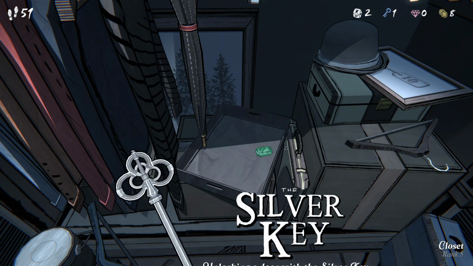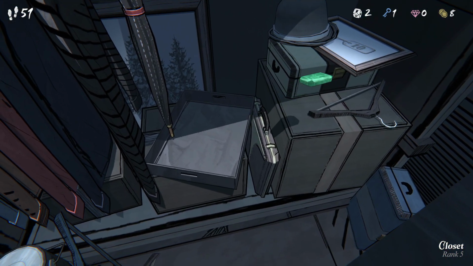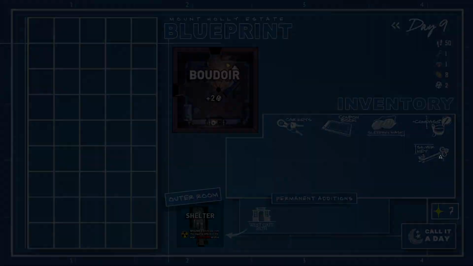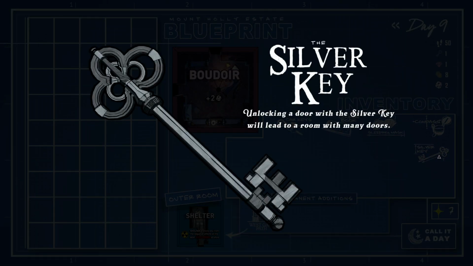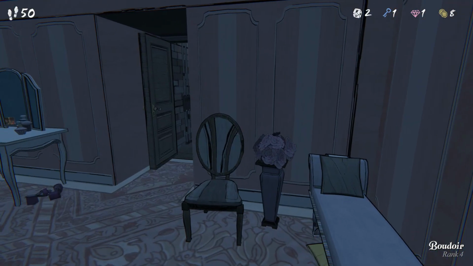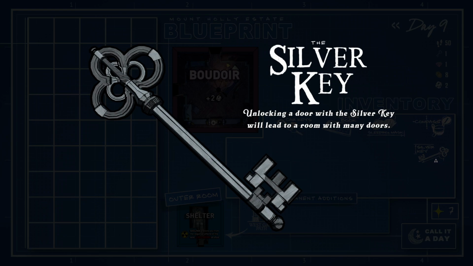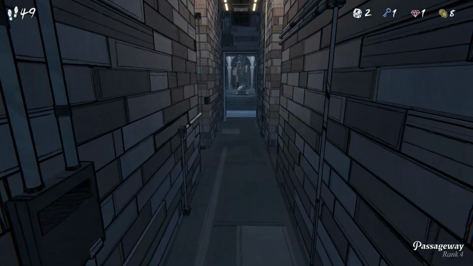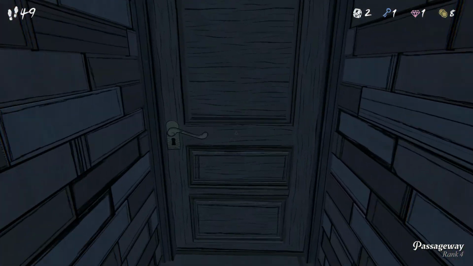Okay, we got a key. Nice. And we have a gem. Wait, that was a silver key. That wasn't just a regular key. Look at that. The silver key. Oh. Wait. Locking a door with a silver key will lead to a room with many doors. Interesting. But we only have 1 key, so...